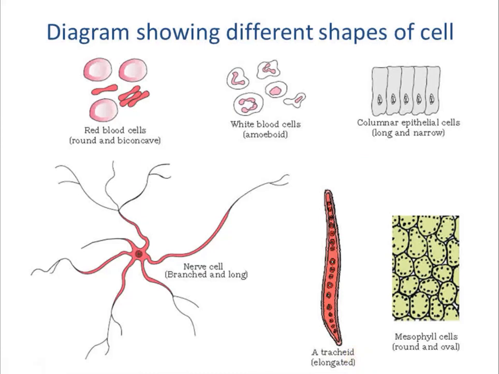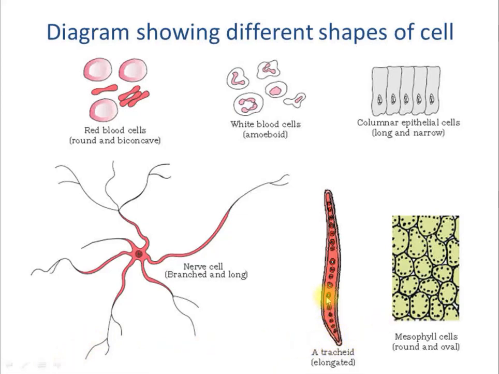Tracheids are elongated cells, as mentioned in the diagram, and they are present in xylem fibers, right? Xylem fibers are a type of cells or structures present in vascular plants, and they are responsible for the transportation of water. So the tracheid is involved in transportation of water and minerals. In that case, if transportation is the purpose, the structure has to be long, right?